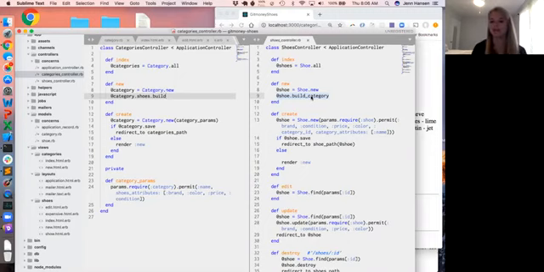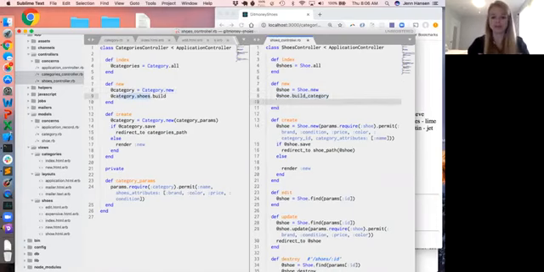The way I think of it or remember it, and I don't have my chat open, let's see what's in there: one builds a shoe, one builds a category. Yes, that is correct. But the way that I think about it too is, what is the return? We couldn't write this as @shoe.category.build. The reason why is, let's say the shoe is not yet associated to a category. The piece that I have highlighted right now would have a return value of nil,